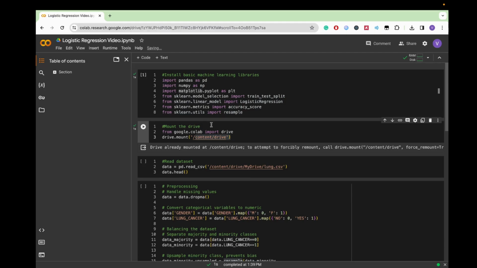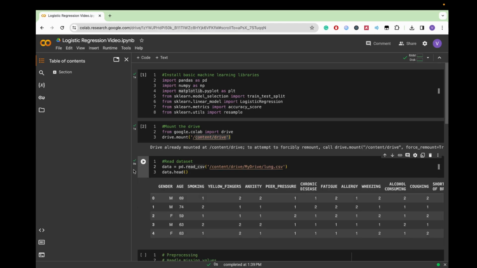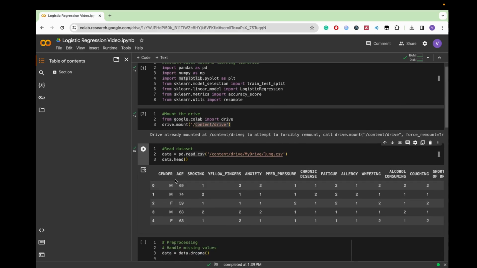So now we're going to use pandas to read our dataset, which is in the form of a CSV file, and we'll convert it to a data frame. By the way, if you want to follow along with the dataset, I have a link to the Google Drive file in the description as well. So if you copy that to your drive, you can mount it on your notebook as well, and you can work with it. We're using the head method to see the first 5 rows of the dataset,